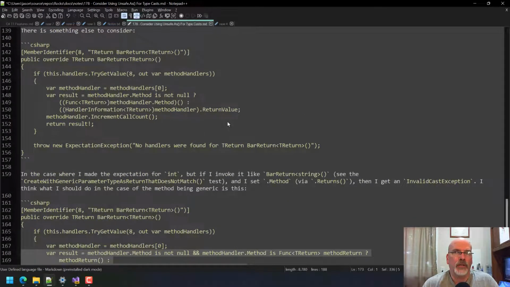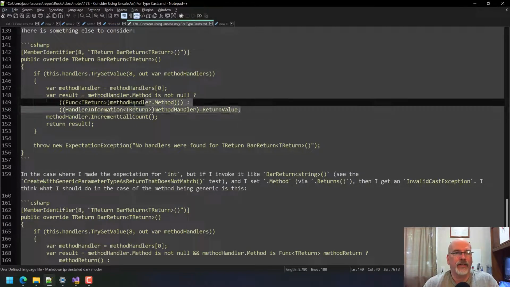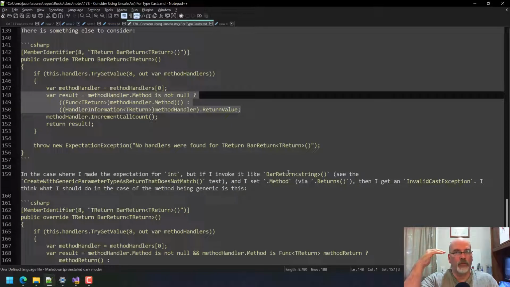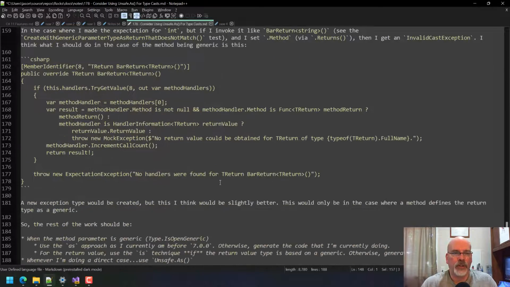If you know the parameters that we're checking with the as way of doing things, is that right? This just seems more compact, in the sense that if it was a resolved type, I know what it is. I don't have to worry about what it is, and I know the cast, in all likelihood, should work. And so there's this adventurous part of me that's saying, let's just do it. Let's put this work in, and let's also use Unsafe.As.